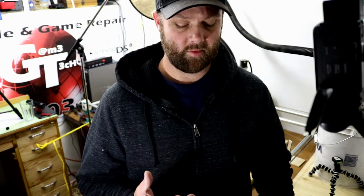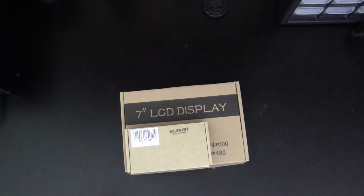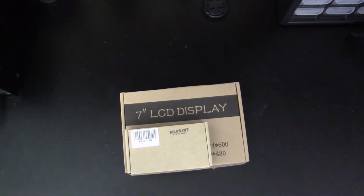So here we have a couple of the products that I want to incorporate into the build today, and I feel this is kind of the basic bare minimum that you're going to get away with. You could definitely go with a different screen size. I just had this laying around. Here we have